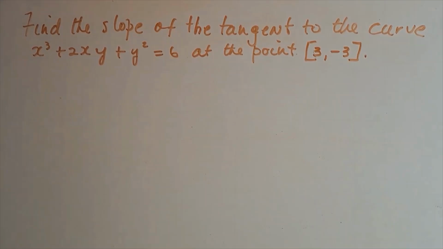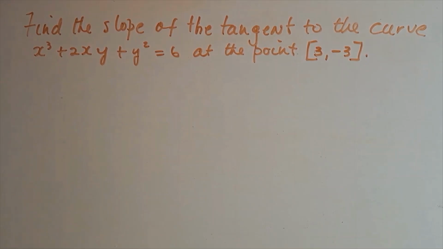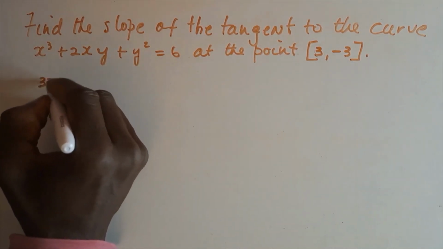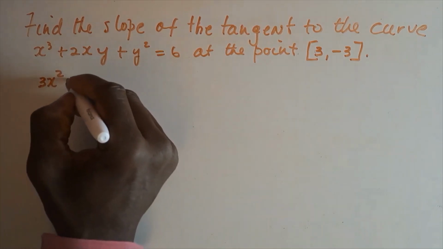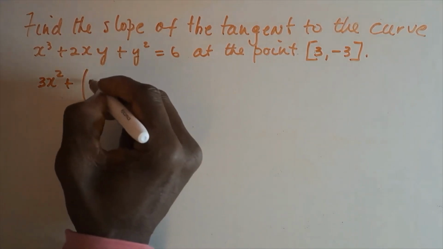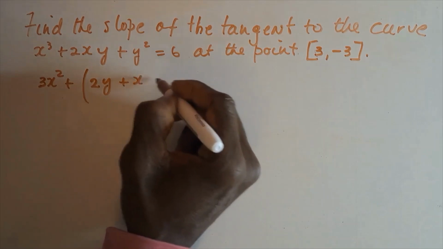Hello mathematicians. Find the slope of the tangent to the curve x cubed add 2xy add y squared is equal to 6 at the point 3, negative 3. Here we have an implicit function, and so we'll differentiate each term to start with. So we have 3x squared add, now this is a product, so be careful with this. I'll put it in brackets, it's 2y add x dy